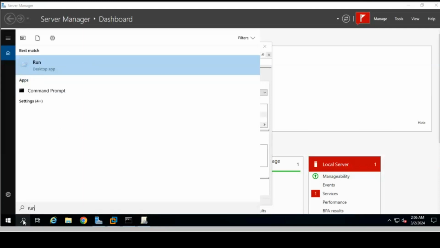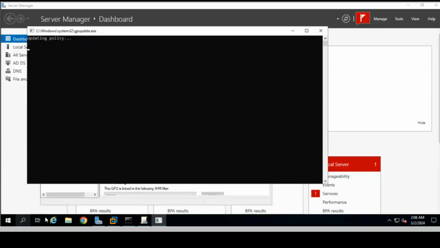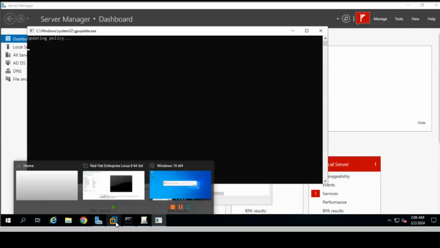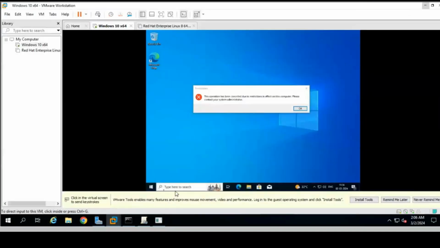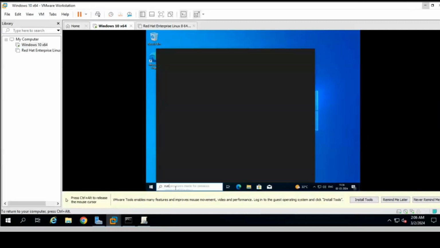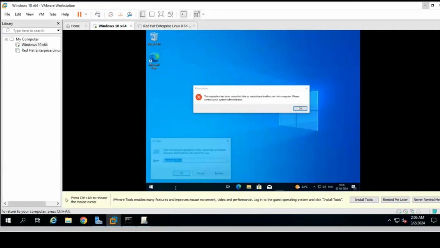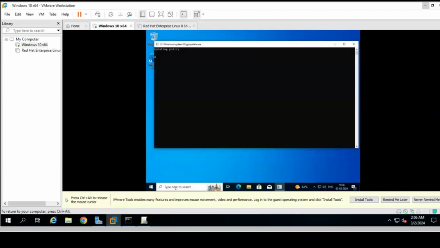Now again I will do gpupdate /force. Updating policy. On the client machine, again I will do the same thing: run, and gpupdate /force.